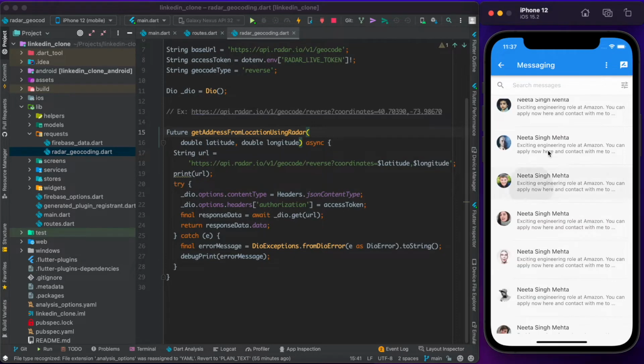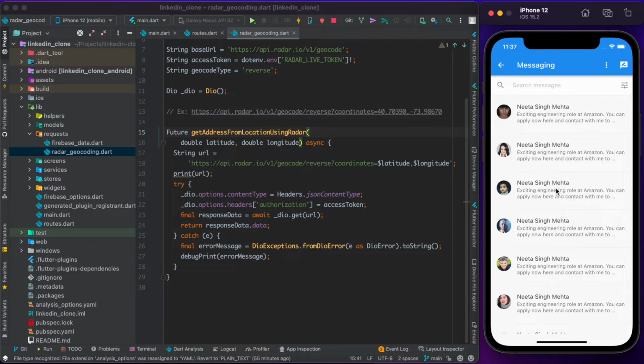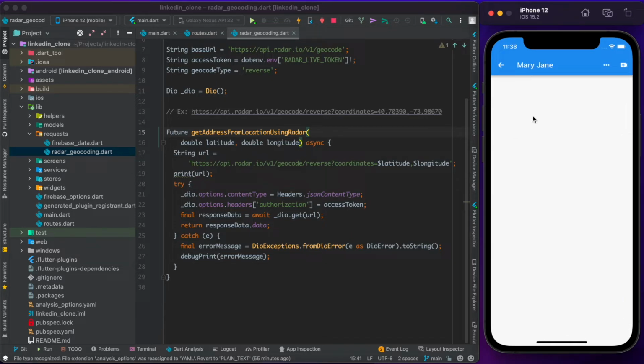So this is a very standard screen that I have, and it's actually emulating the LinkedIn chat UI. And inside of each of these, I have a completely blank chat screen, which we have not yet implemented. So this is part of what we will do in this video. So let's go ahead and start working on this actually.